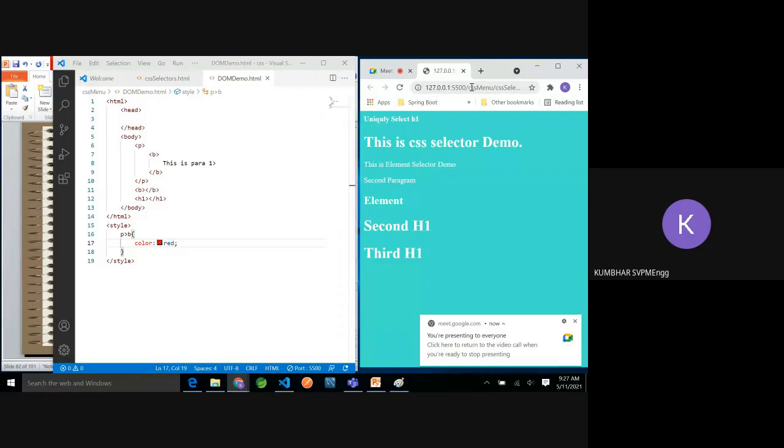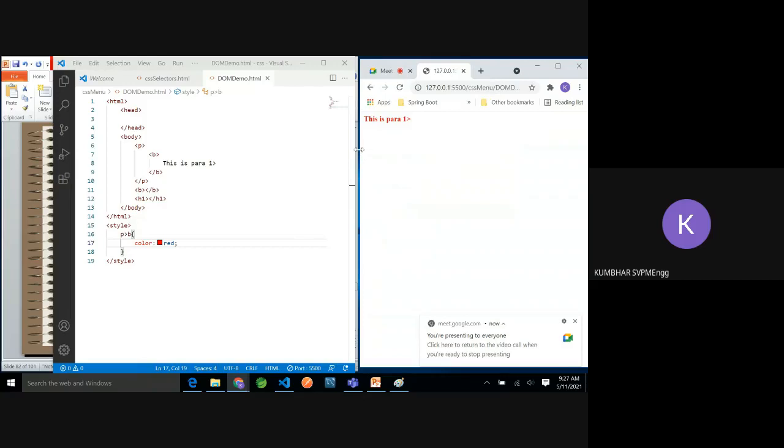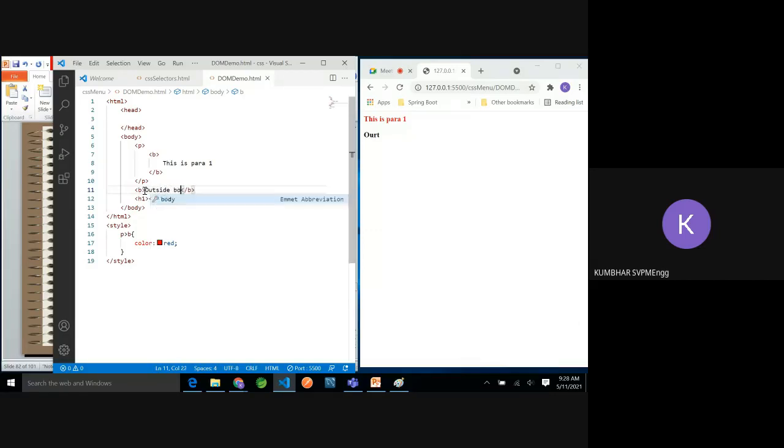I have to change this page. Unnecessarily I have written this here. And this is the outside bold.